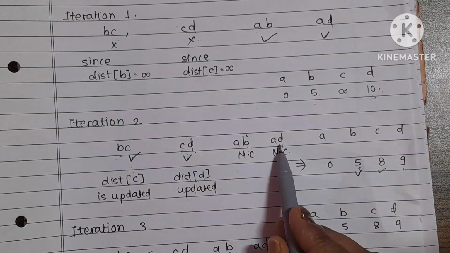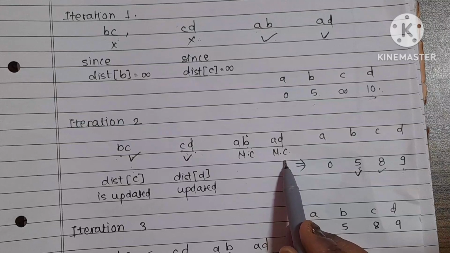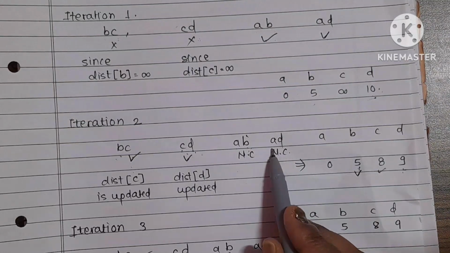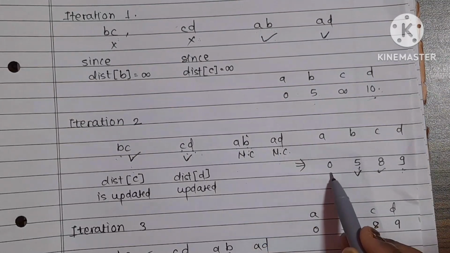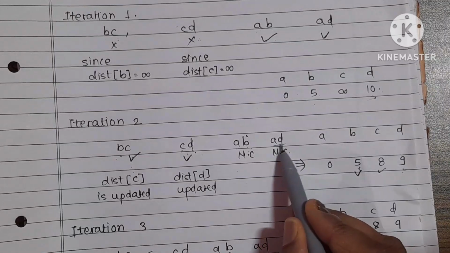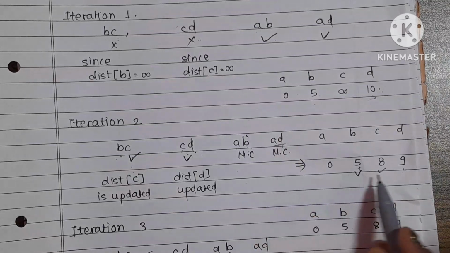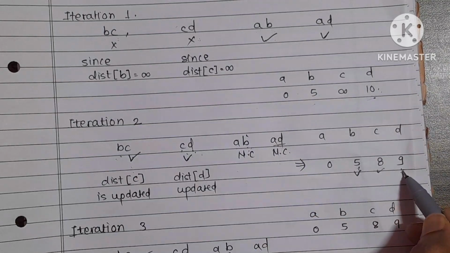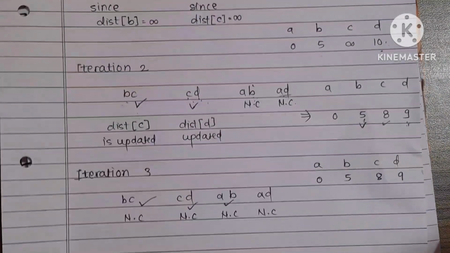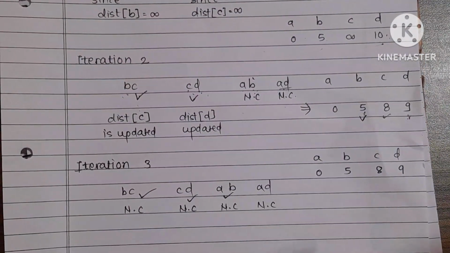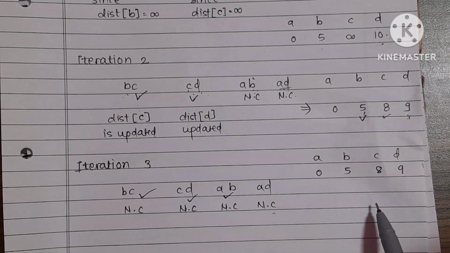Next, by considering the edge AD, the distance of D could be updated, as the distance of A is not infinity, it's 0. 0 plus the distance of AD, which is 10, becomes 10. But as the distance of D is 9, which is less than the newly calculated value, this value is retained. With the third iteration, again considering the edges in the order BC, CD, AB, AD,